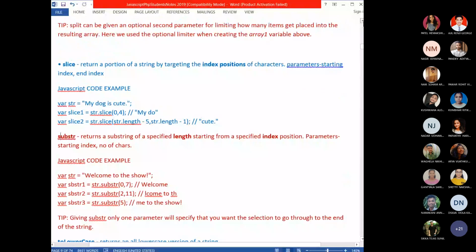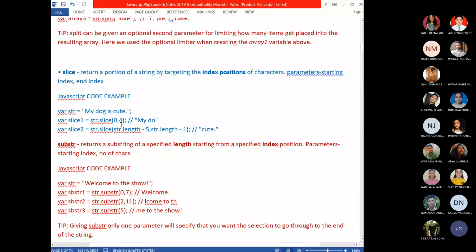So from the 0th index, that is M. So 0, 1, 2, space is 2, 3, 4. Correct. Okay, you can include space. Remember, space is also one of the characters.